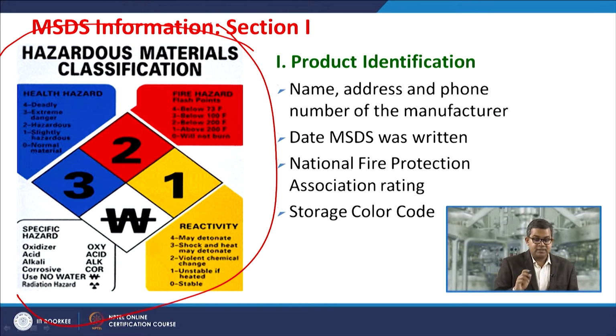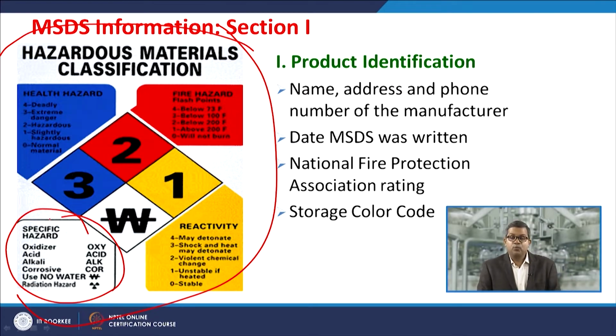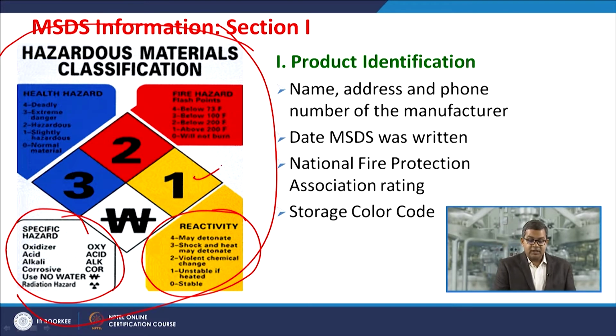Now, in this section, there is a pictorial diagram through which you can assess whether this particular chemical has a fire hazard or a health hazard, and any specific hazards are also listed. It also shows the reactivity of that particular chemical. Based on this information, different numbers are provided. Suppose this component has a potential health hazard, then it may have a higher number. If it has a high fire hazard, then it may also have a higher number. Usually these numbers are designated from 0 to 4.